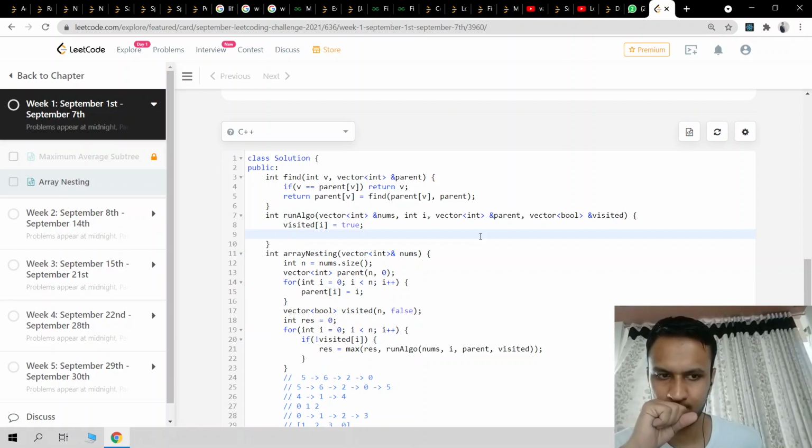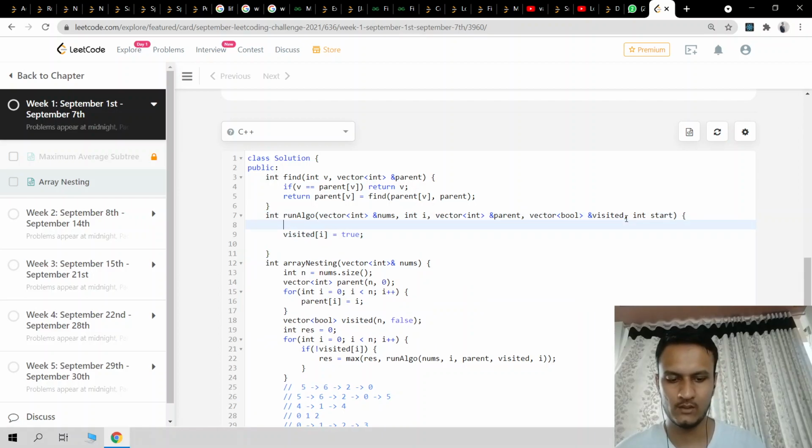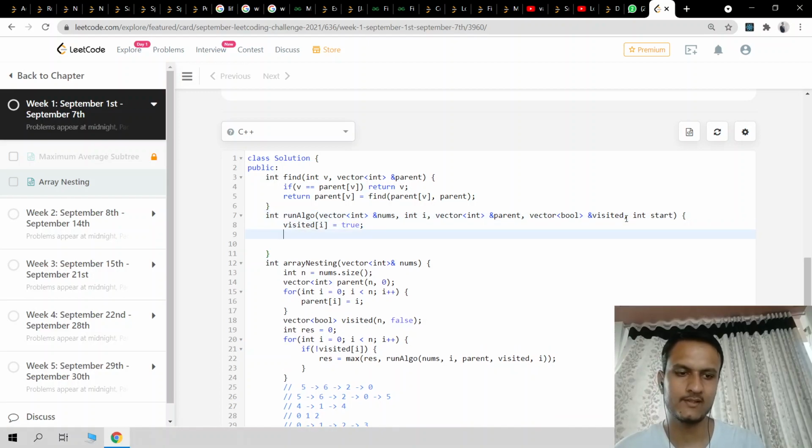Nice. बैक एज कब आएगा, जब अपन स्टार्ट से घूम के वापस स्टार्ट पे आ जाए, राइट? तो हम क्या करते हैं ना, यहाँ से एक स्टार्ट भी पास कर देते हैं, लाइक i पास करते हैं, यहाँ पे अपन एक स्टार्ट ले लेते हैं कि हमने यहाँ से स्टार्ट किया था, ठीक है? अगर हम यहाँ पहुंच रहे हैं उसका मतलब है कि हो गया अपना लूप पूरा. So if घूम के वापिस आए और यहीं पहुंच गए, then लफड़ा है.